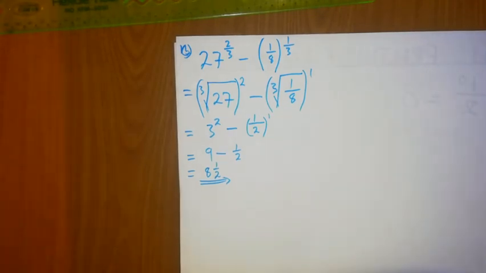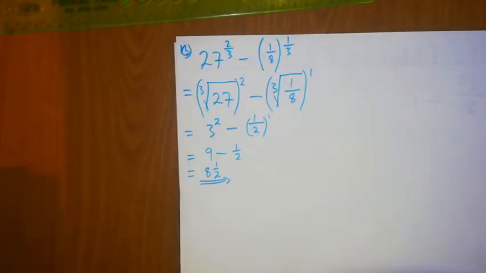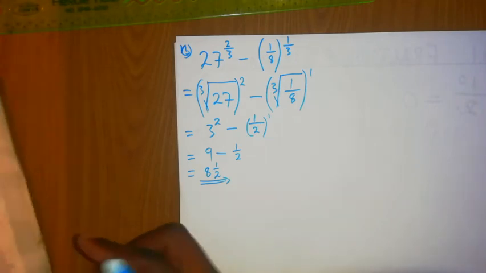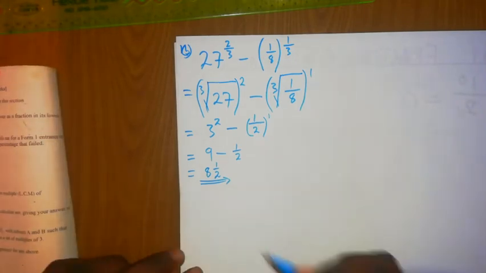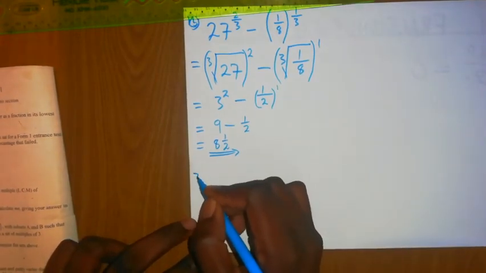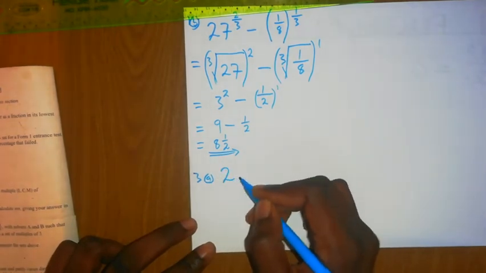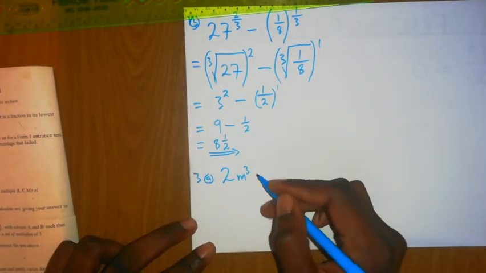Let's move on to November 2012. That's a replacement paper. I think this one was the cheapest. The question says, simplify 2m cubed times 3m to the power 0. That's number 3a, which says 2m to the power of 3 times